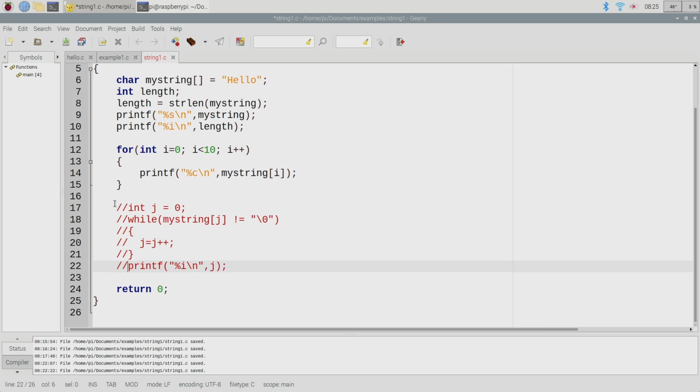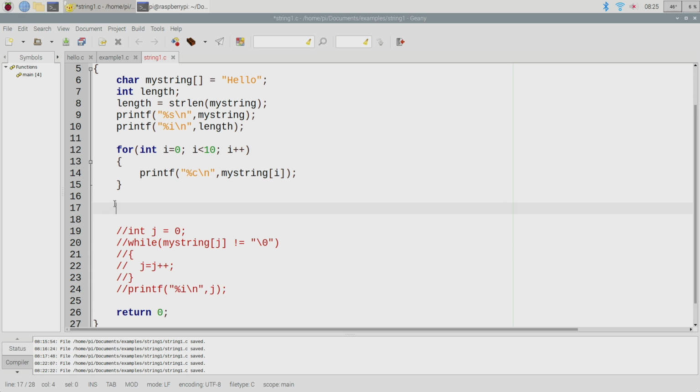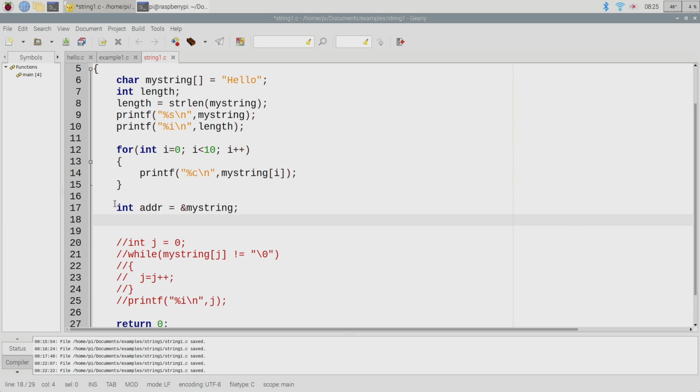So let me comment this stuff out for a moment, and let's talk about what a pointer is. Which way do I want to do this? This would be int address equals, no, ampersand for my string, and then